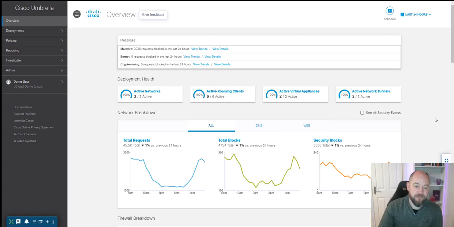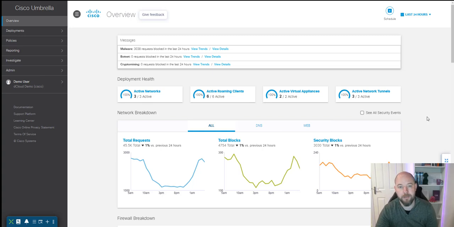So I'm a massive fanboy of Cisco Umbrella. I think in the grand scheme of security solutions out there, it's very powerful. It gives you an awful lot of capability for actually a really quite simple solution to deploy and use. And so what I wanted to do today was just show that simplicity really on the reporting side